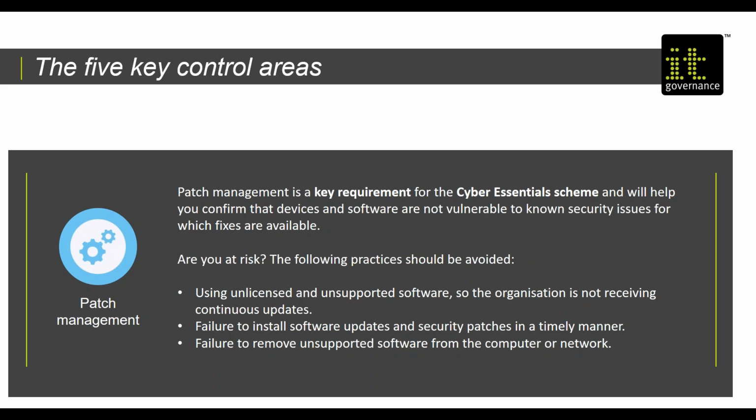Some of the most serious breaches have been caused by unpatched software. The Equifax breach